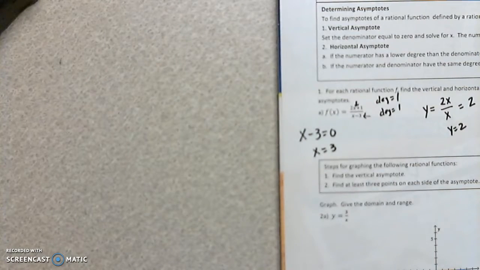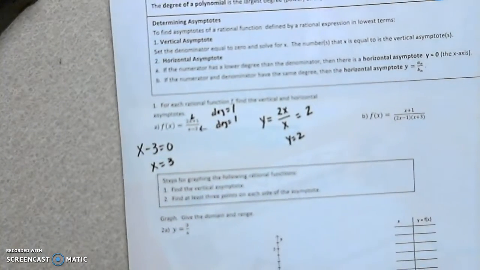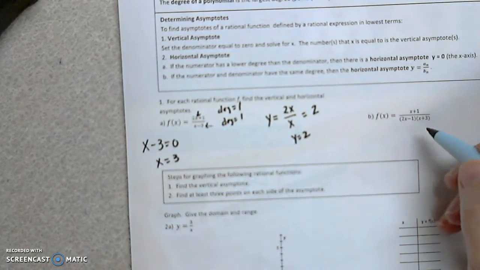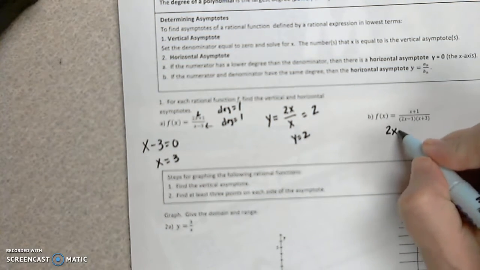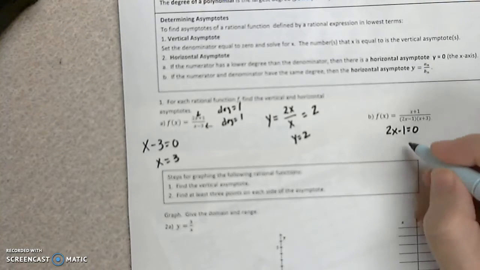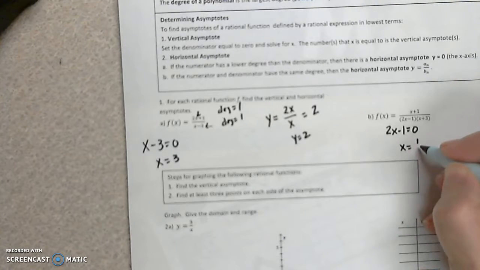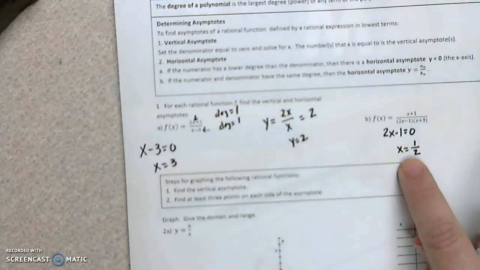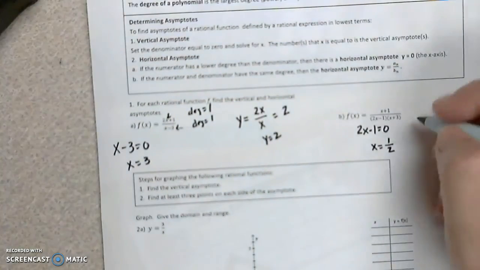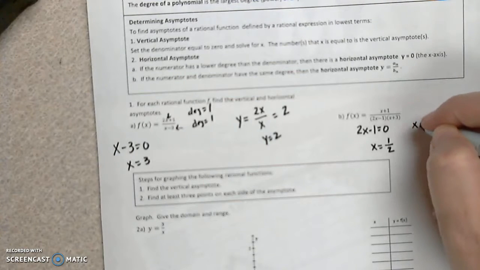Alright, so here's what we're going to do. For the next one, we're going to take the denominator, set it equal to 0 to find our vertical asymptotes. So we'll say 2x minus 1 equals 0. When we solve for x, we move the 1 over and divide by 2. Alright, and we have a vertical asymptote at x equals a half, but I still have another